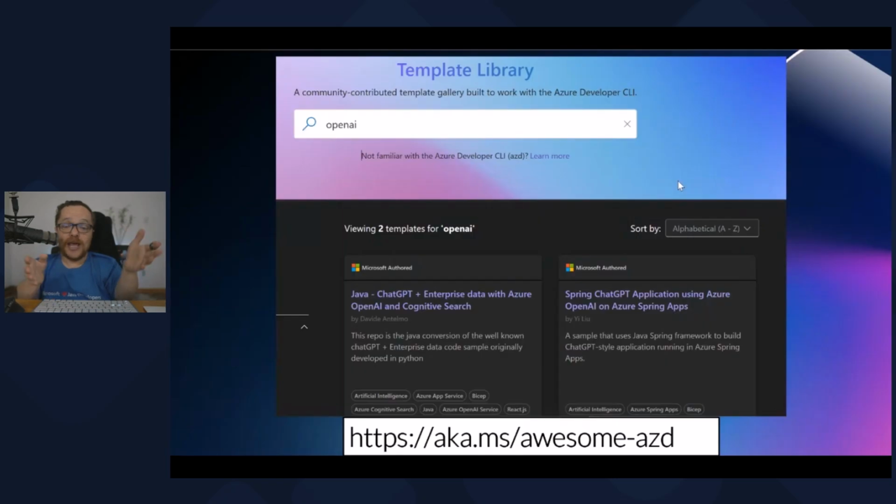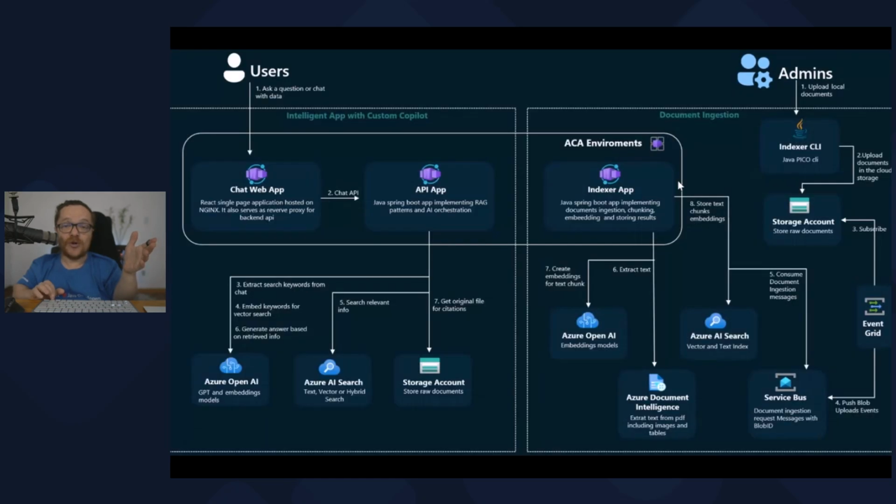So what are we going to do next? We're going to look at our very simple demo. You can go to aka.ms/awesomeazd, and we're going to be downloading a 3-tiered container app environment. It has a web app, an API app, and an indexer. The indexer has access to the underlying search services and the document intelligence, and takes some documents, loads them up into the search service, and then says to the AI, hey, why don't you go in